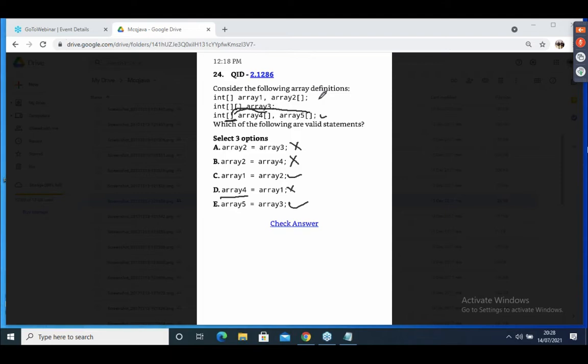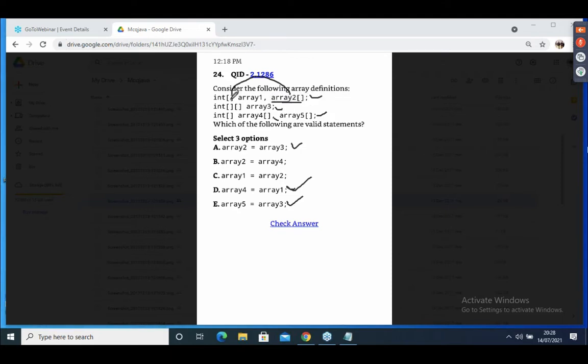AR2 to AR3. Sorry, AR2 is also two-dimensional, I didn't observe. AR2, AR3, AR4 and AR5 are all two-dimensional, so this is also correct. These two are also correct.